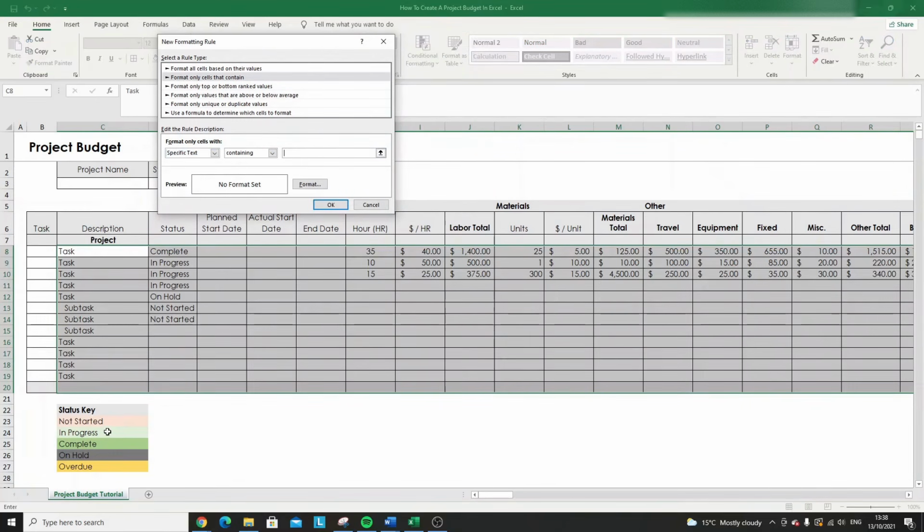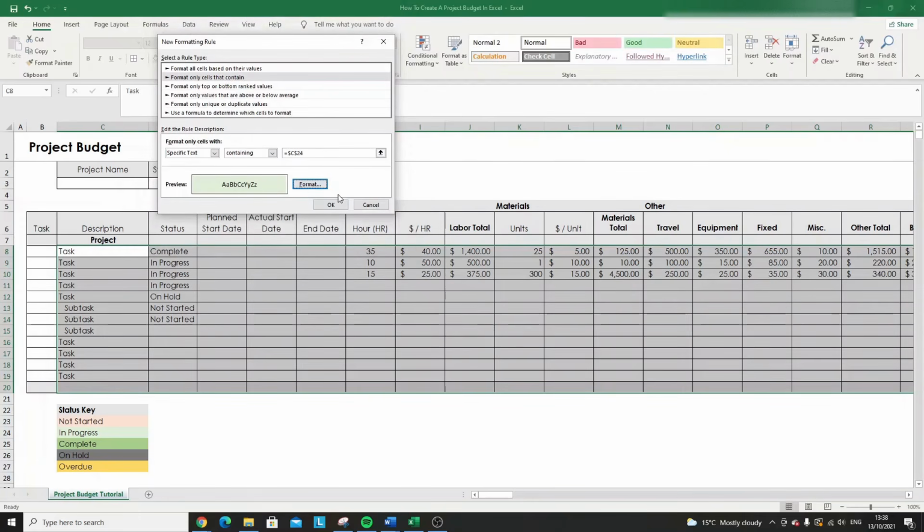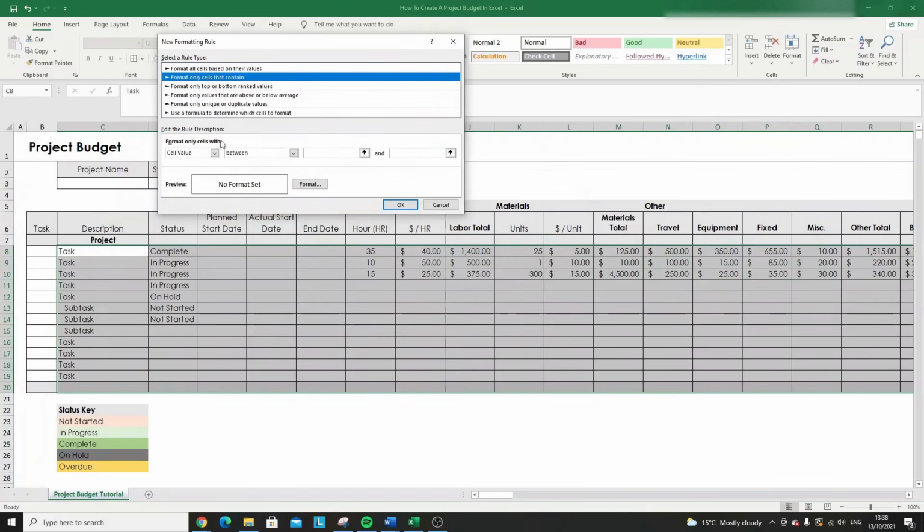Click in here, in progress, format, fill. That's the light green. I could have these greens a little bit off. Oh, it's that one here. No, it isn't. I could have these a little off, but you just have to match them up basically. So hit OK. New rule, we need cells that contain